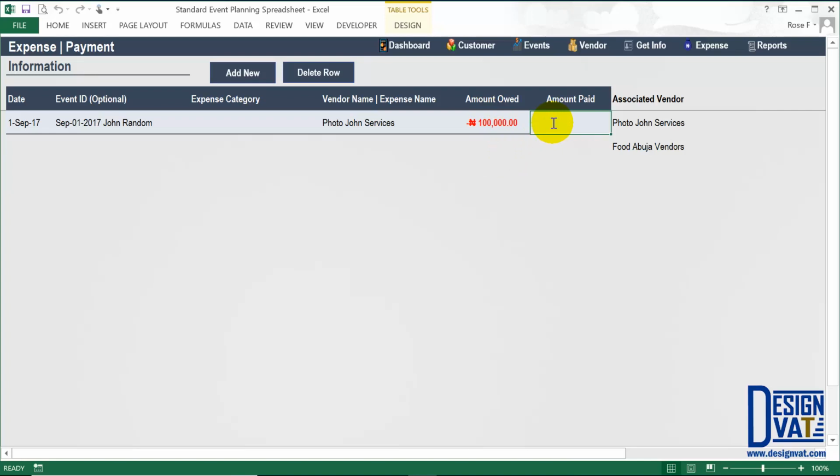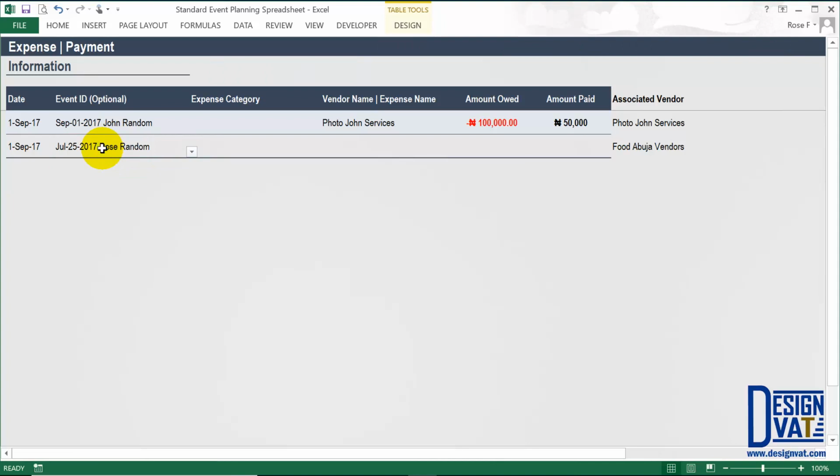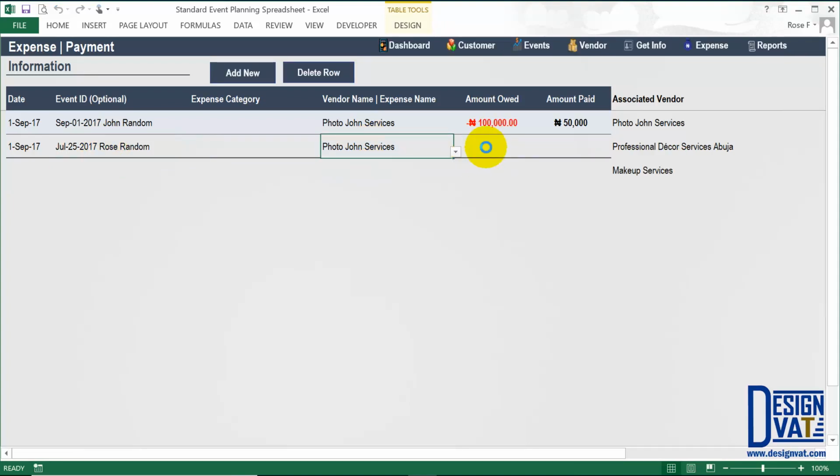So now I'm going to go ahead and enter $50,000 as what I'm paying the vendor today. So on the 1st of September, I paid this vendor $50,000. Now if I click the Add New button to add another payment, I'm going to enter the same day, which is the 1st of September. If I select Rows Random, and I select John, you notice we're still owing $150 because we haven't made any payments for this